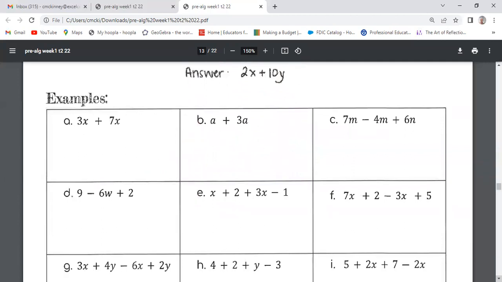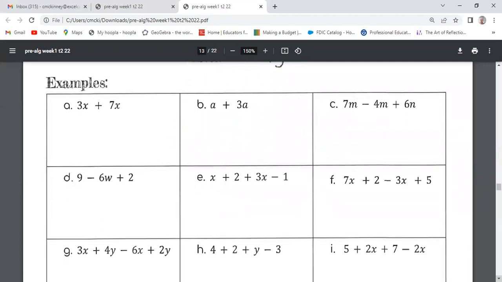So we have some examples here, and I do see some that just have a variable. So let's see, I'm going to go down kind of through that middle column. So a plus 3a. So remember that that's like a 1a. So 1a plus 3a is 4a. The b at the front, it had a dot beside it. It's just like